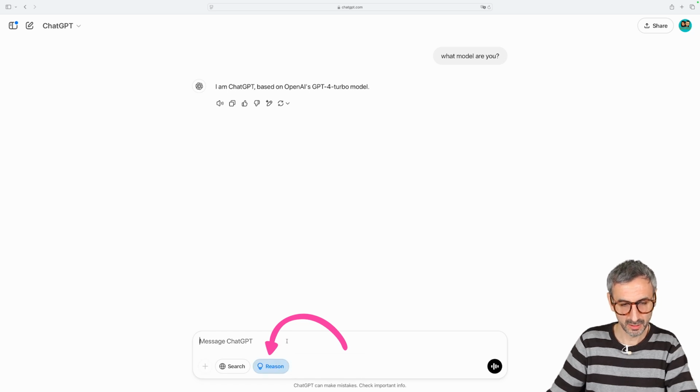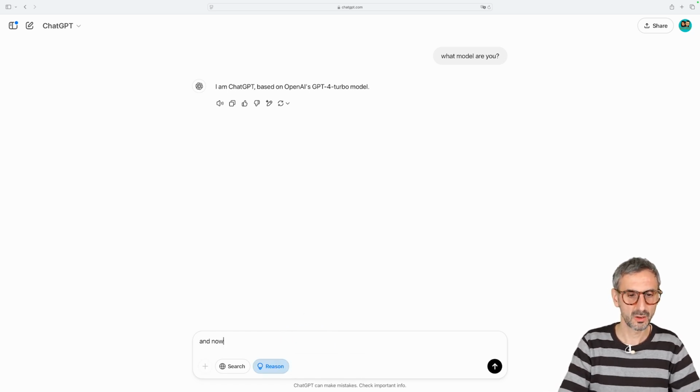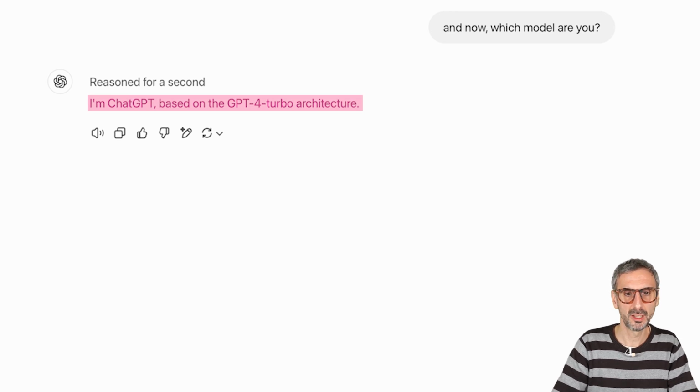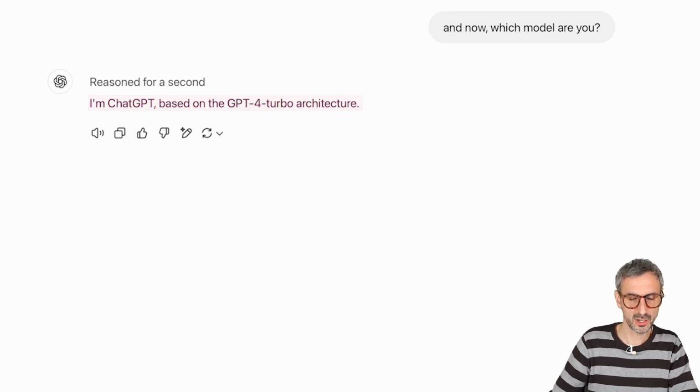So let's click on that button and ask the same question. And now, what or which model are you? Okay, so it's going to think, it's going to reason. It reasoned for just 1 second. So I am ChatGPT based on GPT-4 turbo architecture. So it's still telling me it's